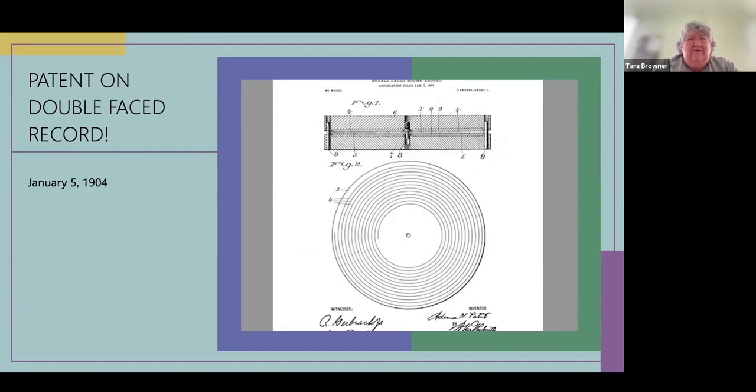But the other thing that I've read is he just simply thought that giving people music on two sides of the record was giving them too much value. It was literally, they could just buy another record rather than having records sound from both sides.